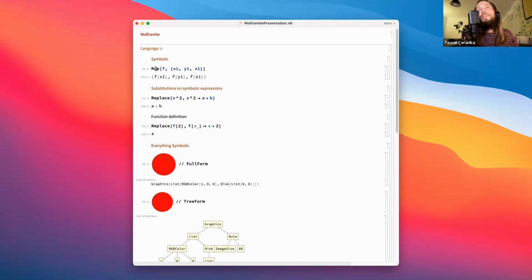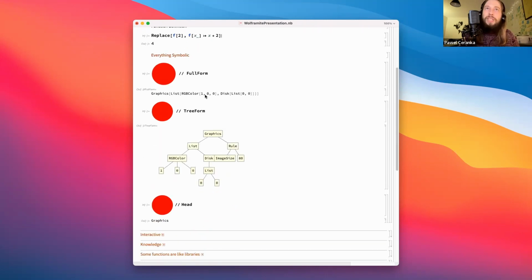It just does something that's reasonable in this situation, which is like mapping produces this kind of output, right? And you can do symbolic manipulation and don't worry about stuff. A big thing in the language is pattern substitution on symbolic expressions. That's the way they do function definitions and that kind of stuff.